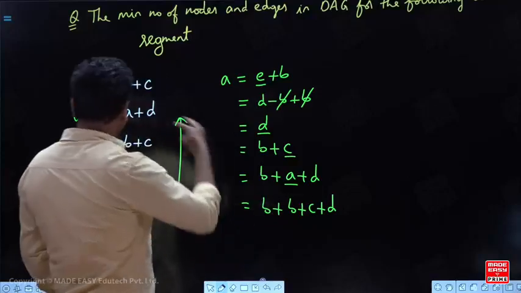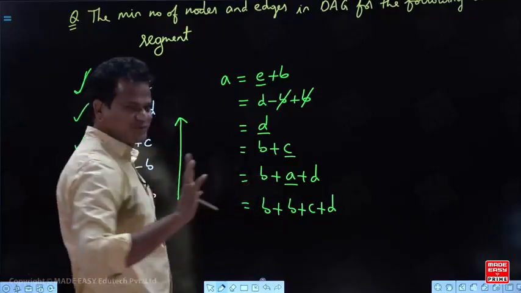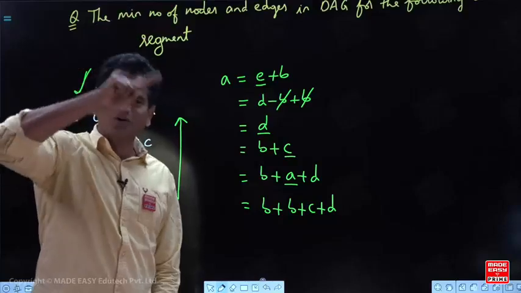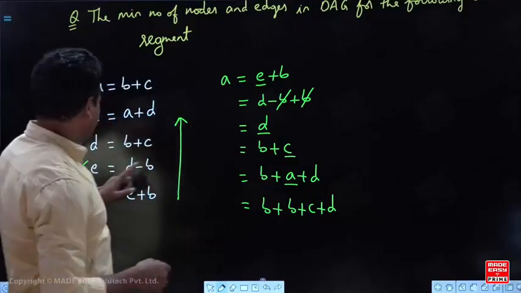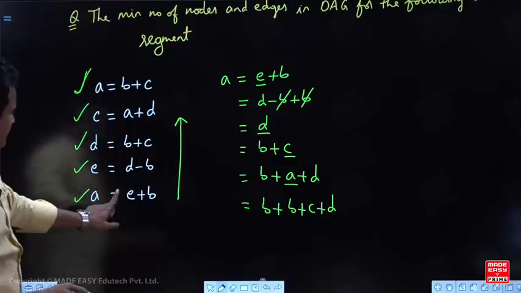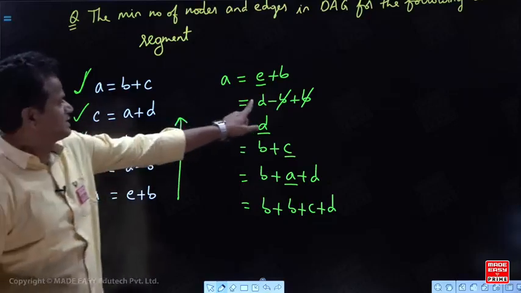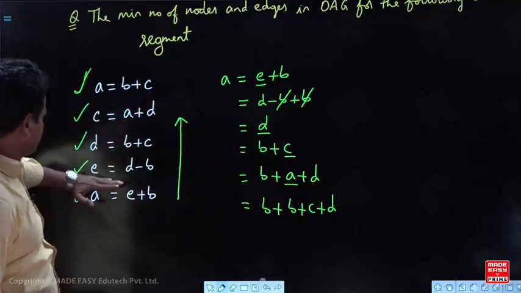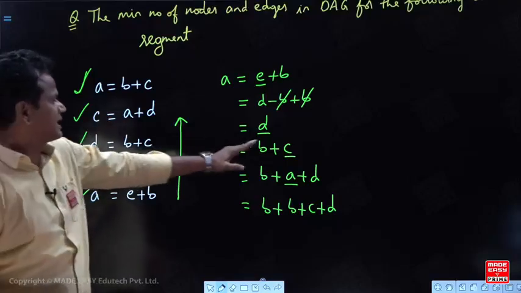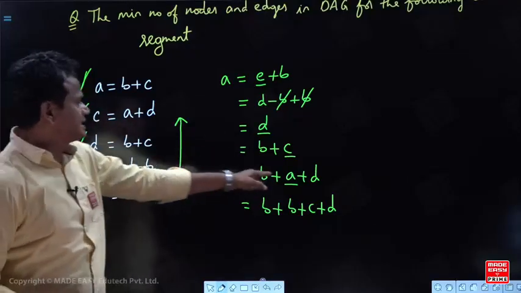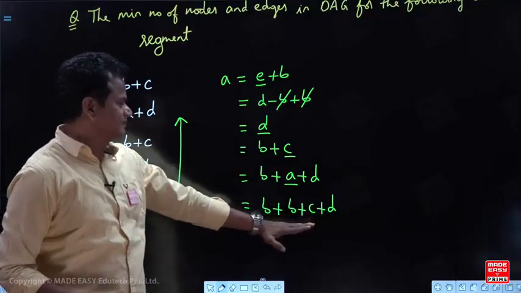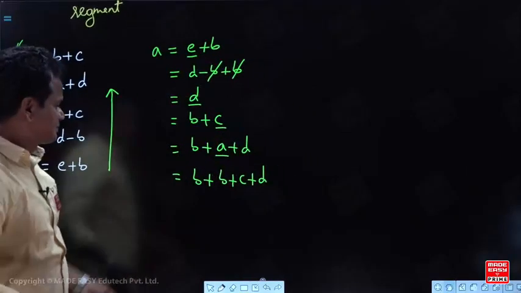Again, sir, B I substitute this one and C I substitute. No. You are coming from bottom to top. That's only one cycle. Don't go for the repetition. So in A, we have taken A. Then in E place, we have substituted D minus B plus B, cancelled. We have D. In D place, next level B plus C. Then next level A plus D. Next A place, B plus C. Now this is the final expression.